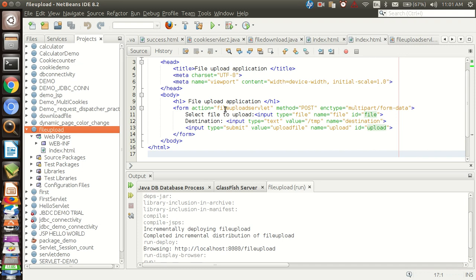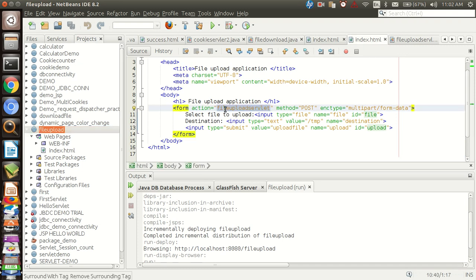For this we have seen we require two files. One is the index.html file where we need to give the servlet file name in the action attribute, that is file upload servlet, the method should be post, and because we are doing the practicals for working with files, we need to give the enctype attribute. So it should be multipart/form-data. This is compulsory. By this attribute only it is recognized that the program is related to a file. Then we need two buttons, select file, and we require one button, that is the upload file.